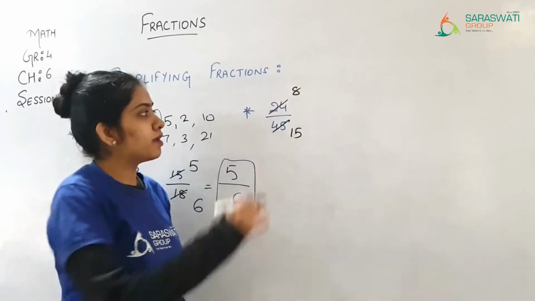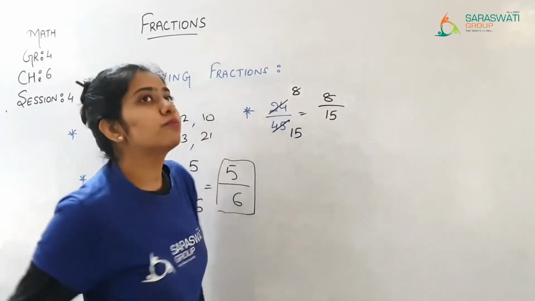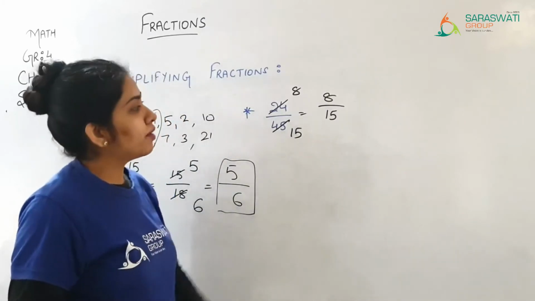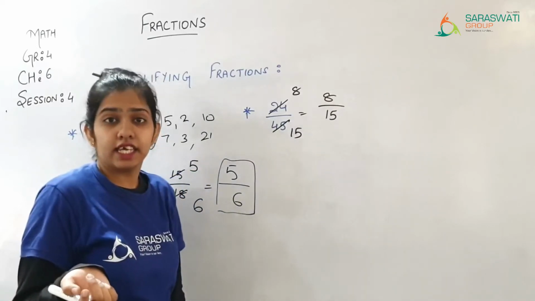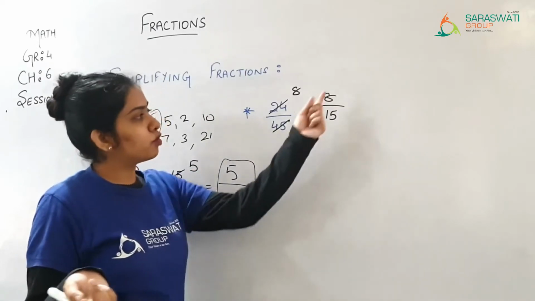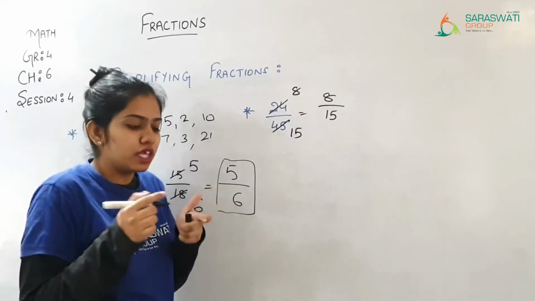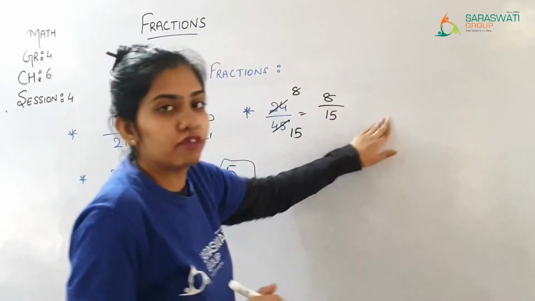So now 8 by 15, we got the answer. Now 8 by 15 is not multiple. अब 8 by 15 को हम आगे नहीं कर सकते हैं सिंप्लीफाई, क्योंकि both these are not having any kind of common factor in between them. अब इन दोनों में से कोई भी एक कॉमन फैक्टर ऐसा नहीं है जो यहाँ पे सिंप्लीफाई होगा.